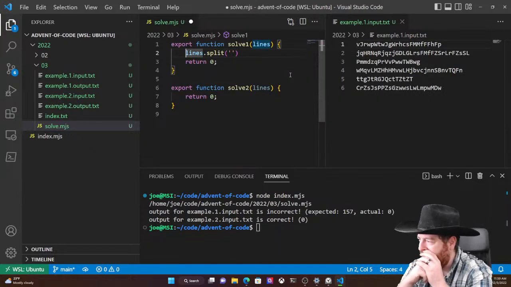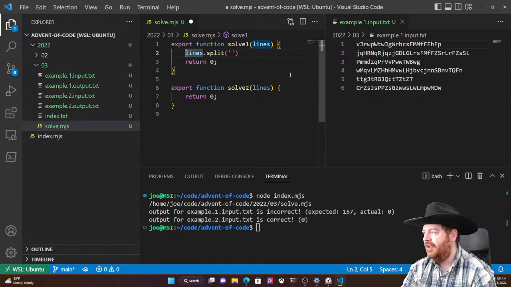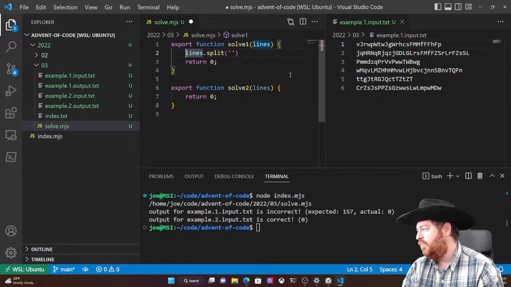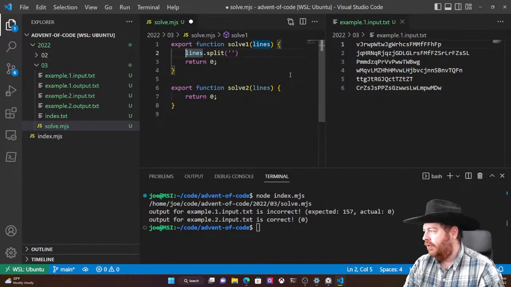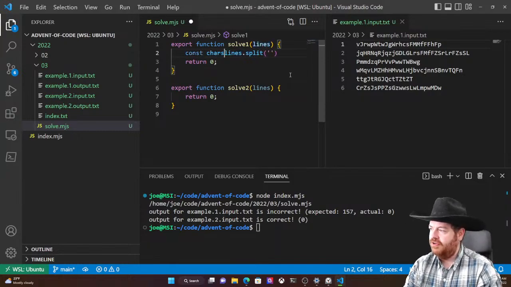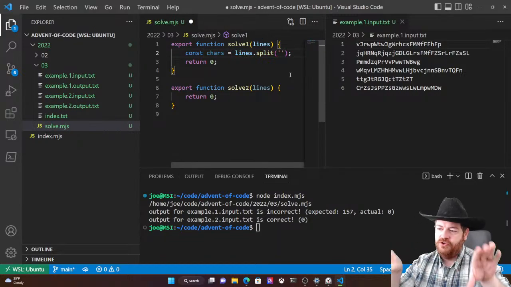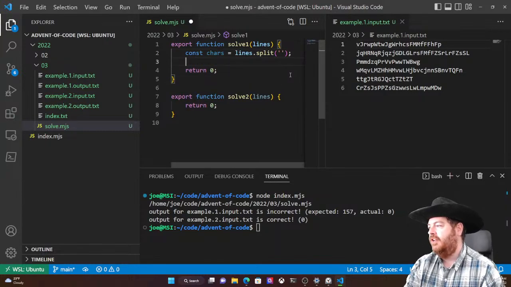But of course, actually, we don't even need to split it into a character array yet. Well, we might as well, because we're going to be analyzing each character in the array. Okay, so we'll say const chars equals that. And then we want to divide this array into two parts. So we're going to